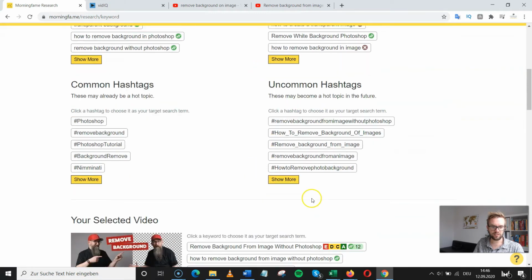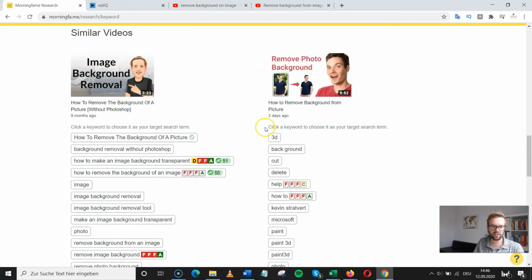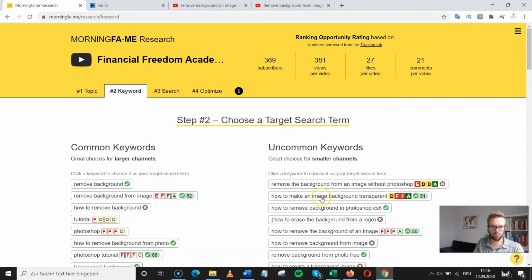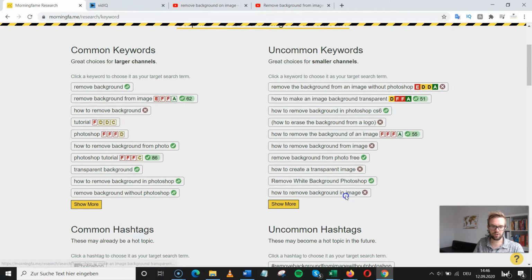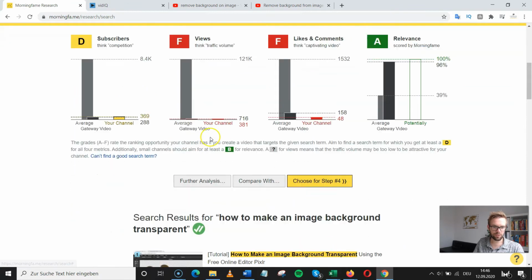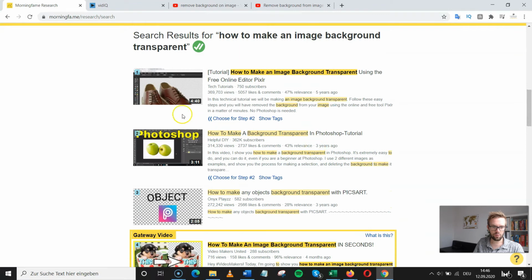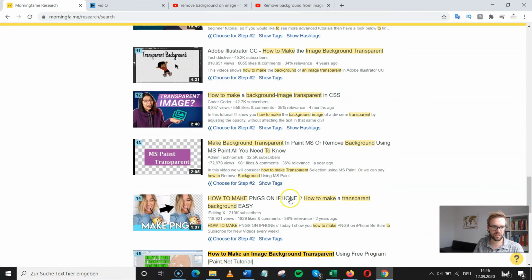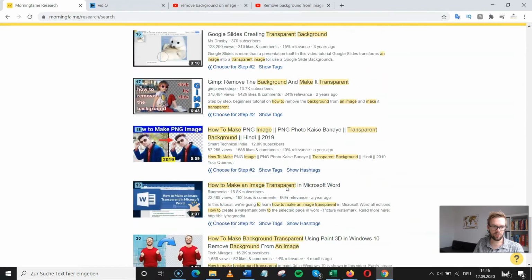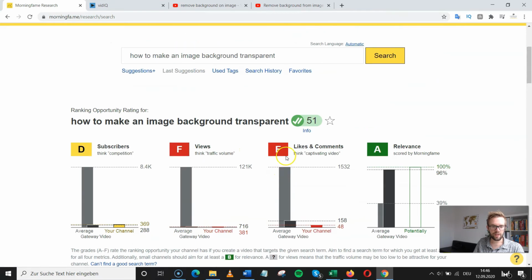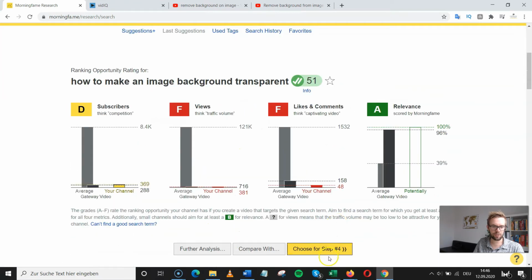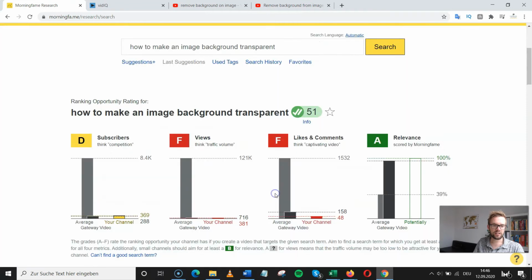And you also get the tags and hashtags and everything you need to know. So I want to rank for this keyword. I will go to step number 3. I will see what ranks here, so I can make a quick study. Very powerful stuff. And then I just go to step number 4, and here